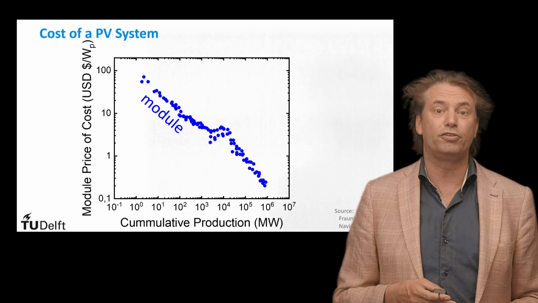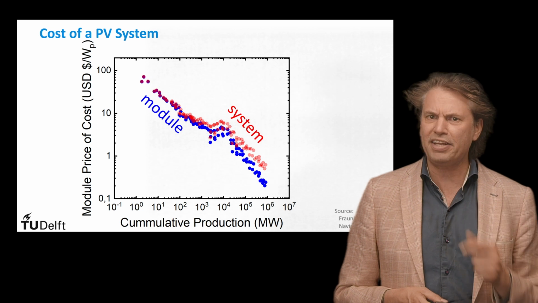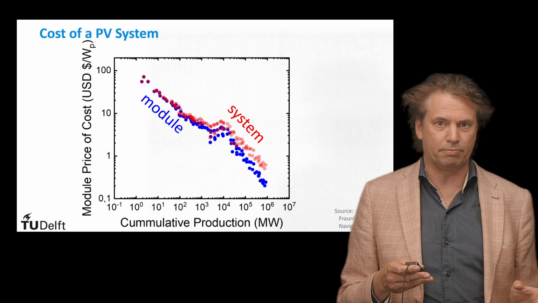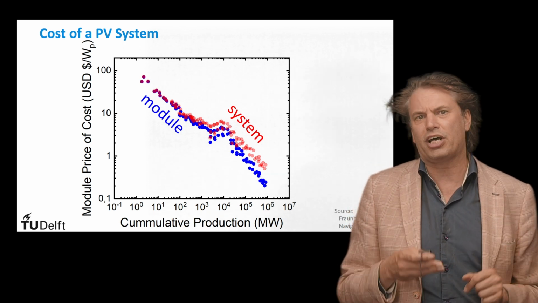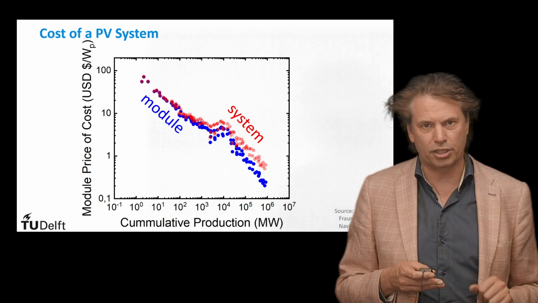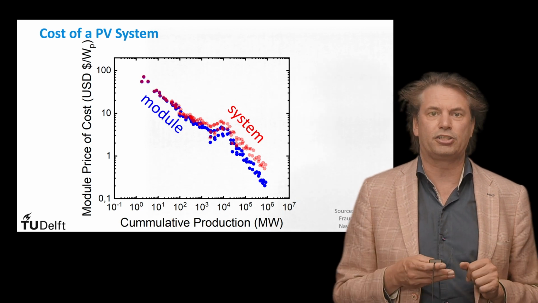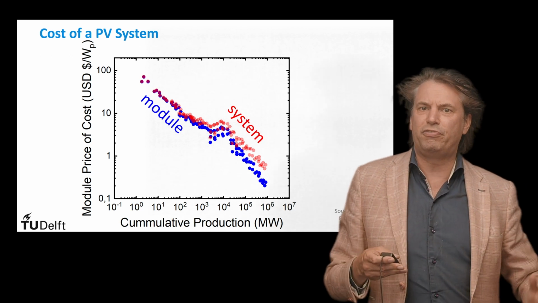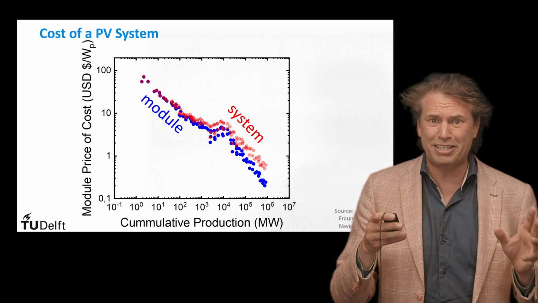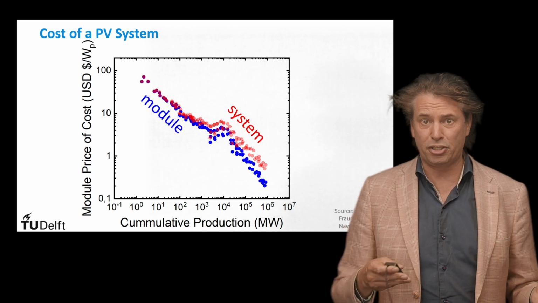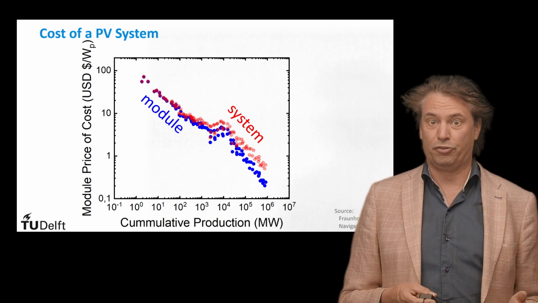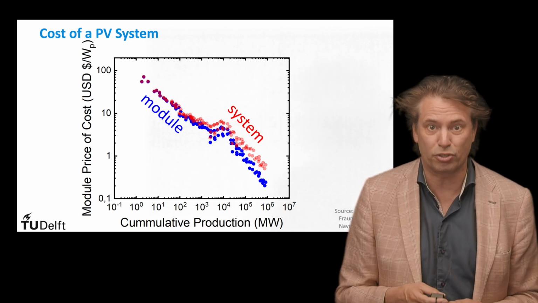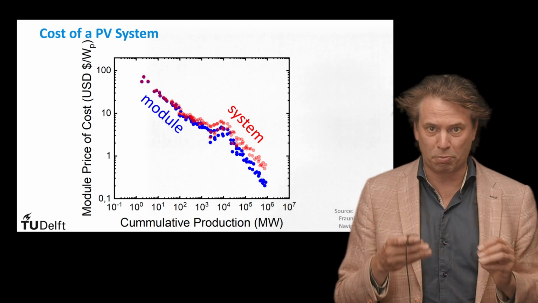Now we will see how the cost price of a PV system is not only determined by the cost of the module. The red dots show the decrease in the cost price of a complete PV system, here with typical sizes of 10 kilowatt up to 100 kilowatt peak, as an example in the German market. As you can see, in the early days of the PV technology, the system price was dominated by the module price. In the current situation, however, the contribution of the non-modular components, also referred to as the balance of system cost, starts to play the most dominant role.